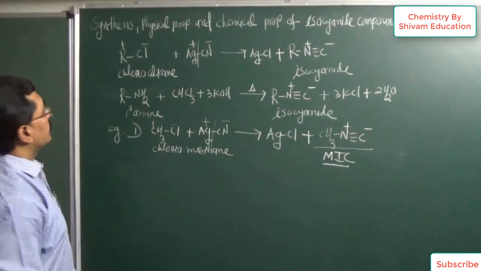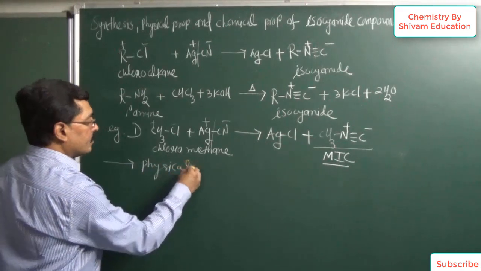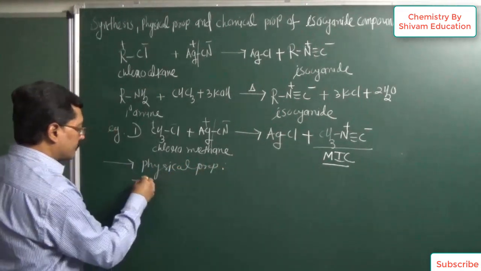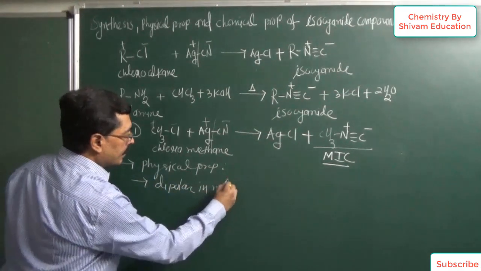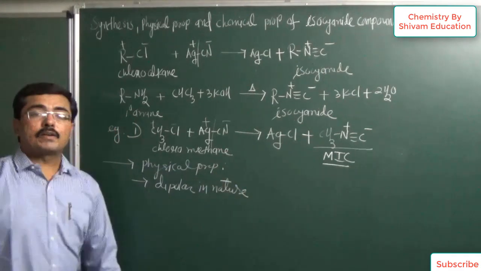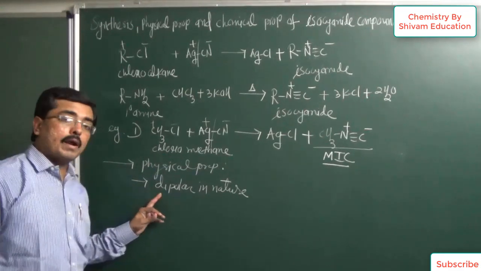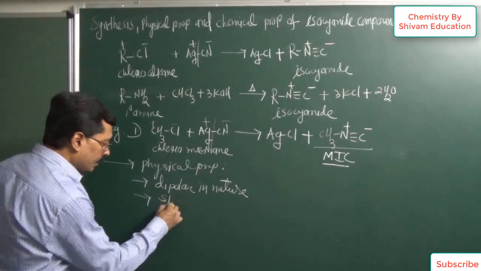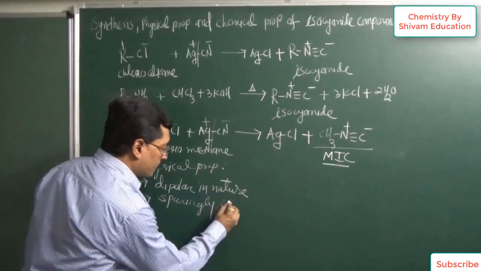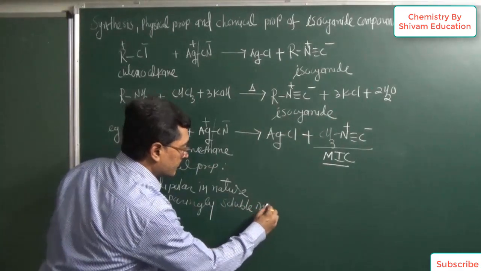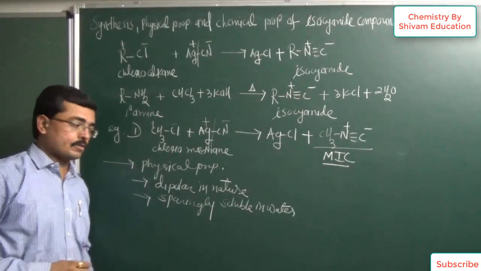Now whatever isocyanate compound obtained to us, it has a common physical property. So now it is observed that whatever isocyanate compound obtained to us, these are the dipolar in nature. When we take this, then it is observed that nitrogen having a partial positive charge and carbon having a partial negative charge. So this compound are dipolar in nature and they are very less soluble in water. So we can say they are sparingly soluble in water. So sparingly soluble, the meaning of sparingly soluble, they are soluble in very much less quantity.